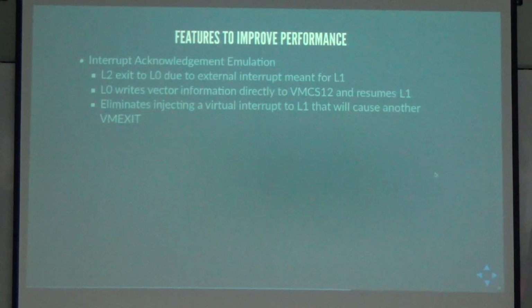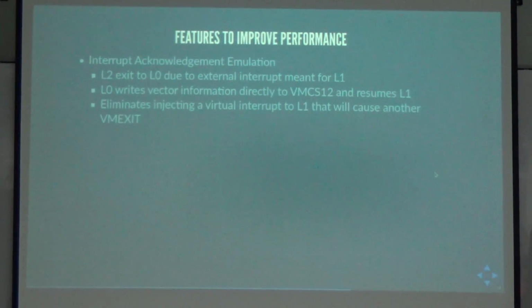To do that, you have to see something called an interrupt window, and you have to inject a fake interrupt first to the guest, and once the guest receives that fake interrupt, then you have to inject a real interrupt so that you can actually see it. Instead of doing all this, which requires 2 VM exits, you can just write the interrupt info into VMCS12, and the guest can see it.